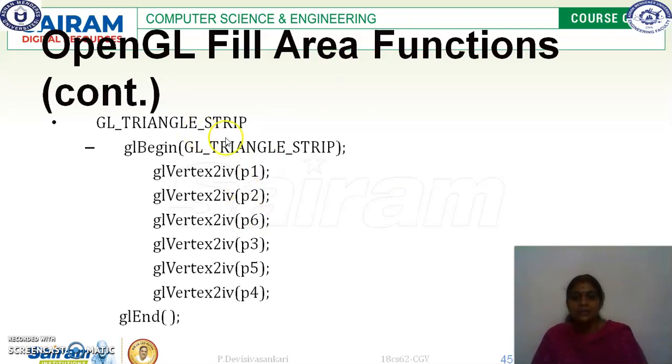So see, triangle strip means here we are having P1, P2, P6, P3, P5 and P4. In the previous slide, if you see, that is triangles. So triangle means all the points will be in the same order, right? But this is the triangle strip, right? So strip means the way we are specifying the points should be very important here in OpenGL, because the same way we specify the vertices from P1 to P2, then from P2 to P6, automatically the vertices will be joined according to this vertex definition, right?